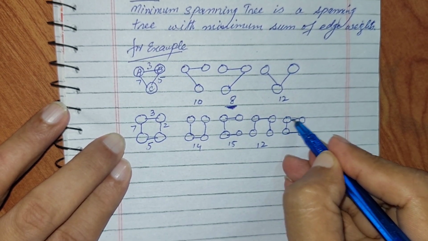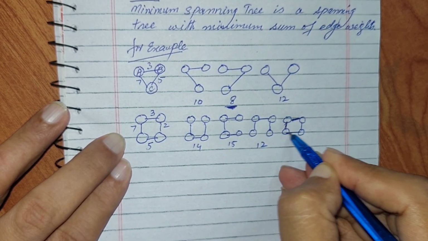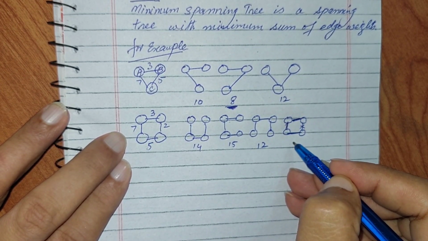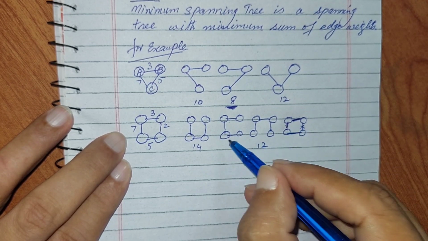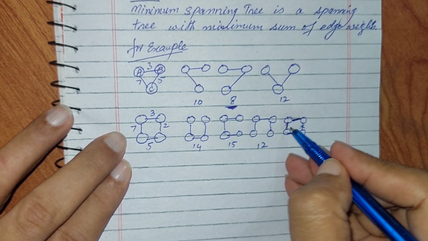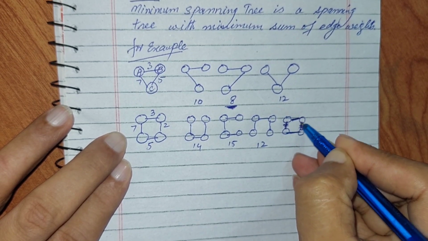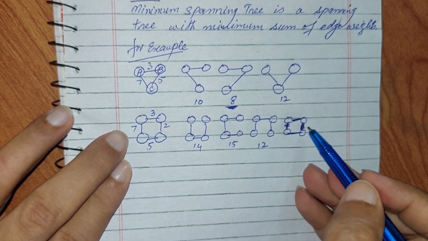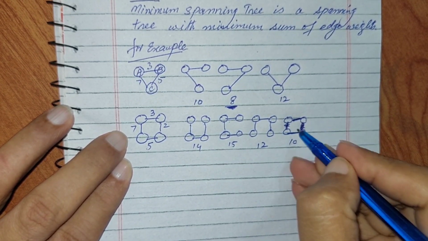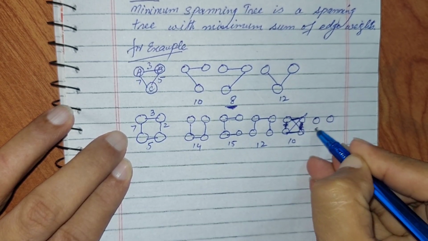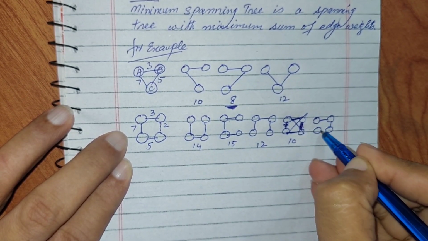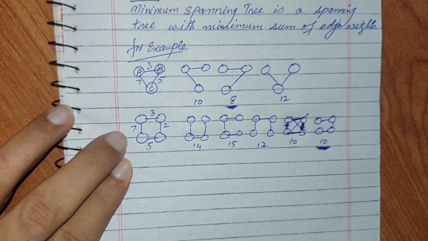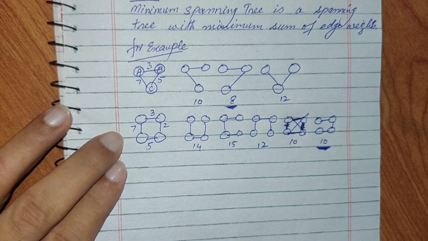So this should be like this one. So this is not there. So this is 3 plus 7 plus 5, 10 plus 5. So it is the same as this one. So not this one, but this should be included. Okay, so this is 3 plus 2 plus 5, this is 10. So if I draw it neatly, it should be like this one. So this is a tree. So this is going to be the spanning tree with a minimum total over all